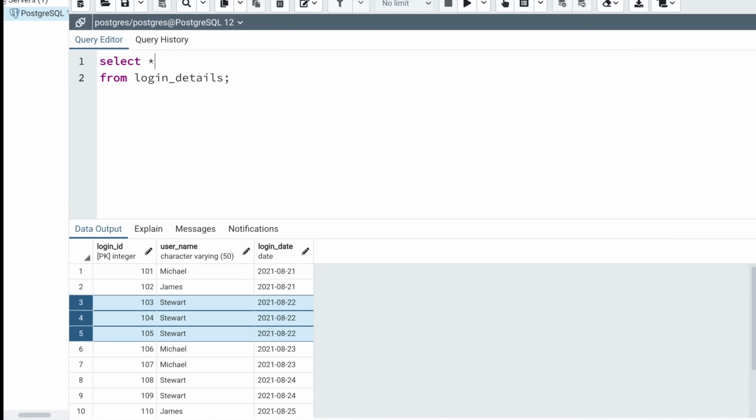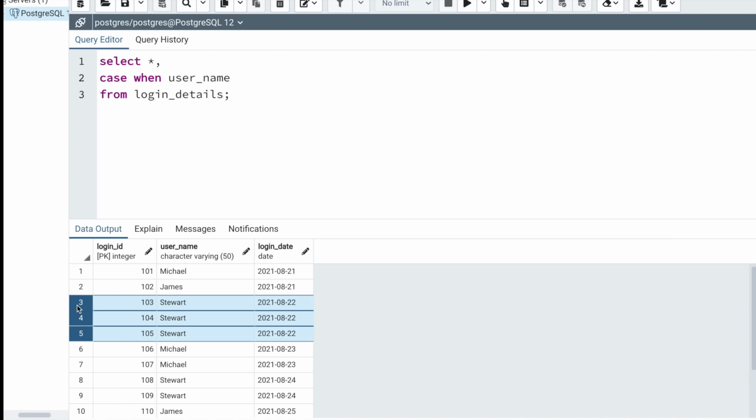Okay, so let's try to write a query for that. Since I need to compare the data from the current row with data in other rows, I'm just going to use a case statement so I can do a comparison. So I'm going to say case when username. This username would be the username for the record that is currently being processed. So let's say we are now processing record number 3.